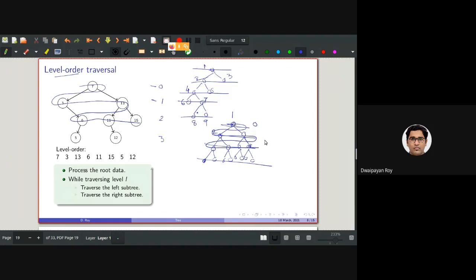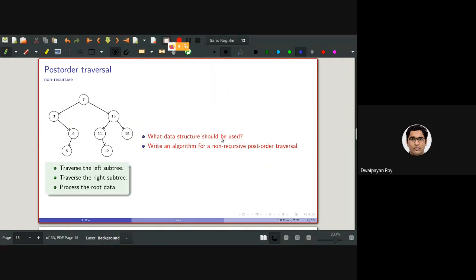Okay. So 1, 2, 3. As you can see, after processing, 1 is processed, then 2 is processed, then 3 is processed, then 4 is processed. But earlier we have seen that changing the processing of the node from parent to child should have been one direct connection for in-order or pre-order.